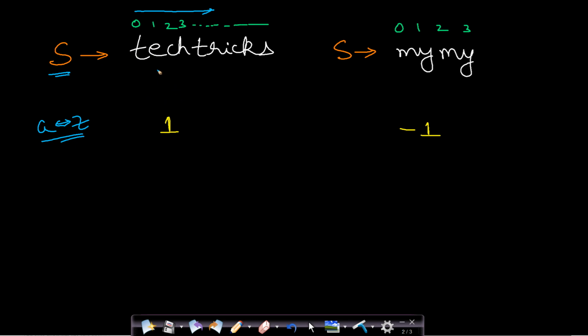So in this first example you can see that the first non-repeating character is this E, because this T is occurring more than one time. So here the index of E is 1 because we are counting from 0. So we will return the index of E, which is 1. This is our answer. In the second string you can see that each and every character is repeating more than one time. So there is no unique character, and you will have to return -1 here.